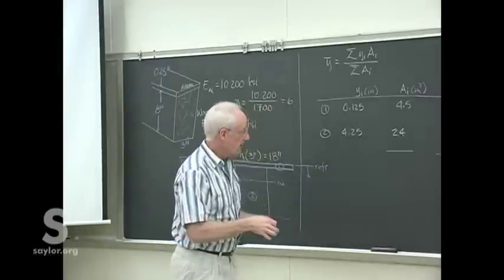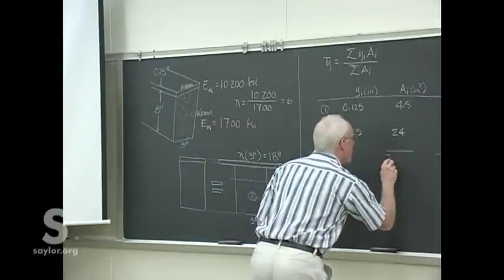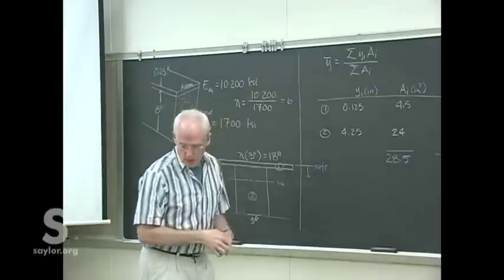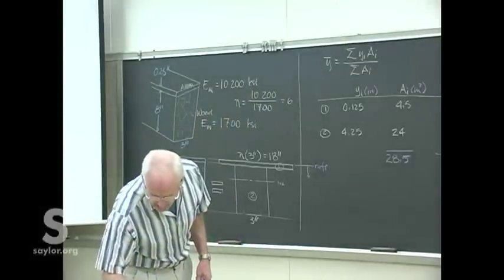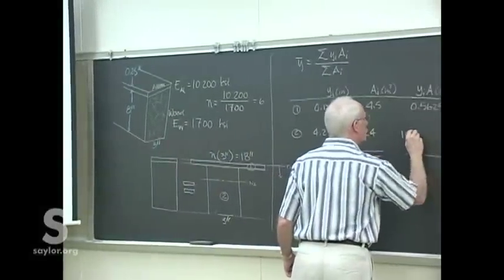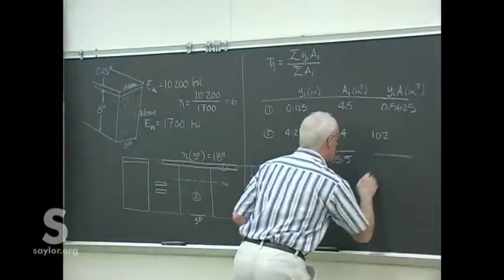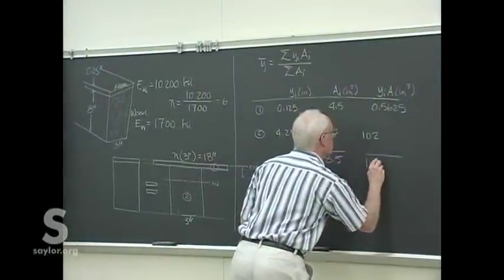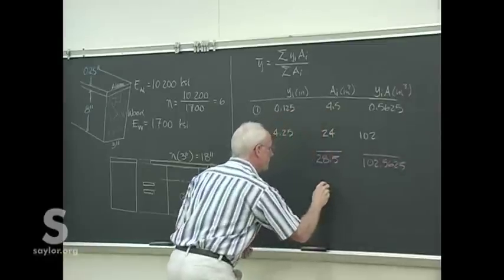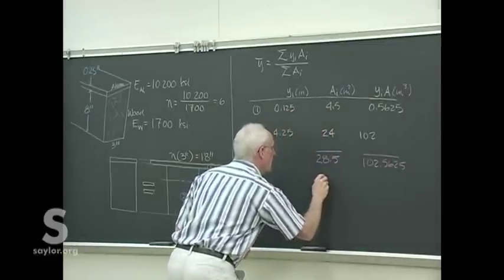So we can add up the area, 28.5. And Y bar, or Y times A for that individual piece is 102. So we know this to be then 102.5625. And the neutral axis